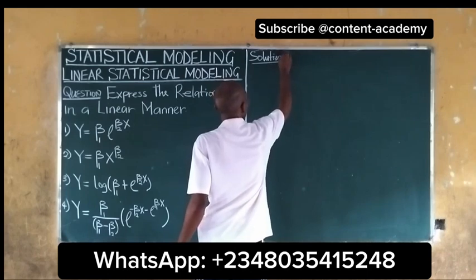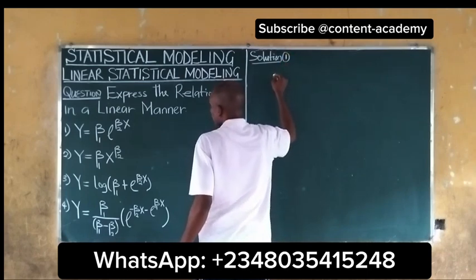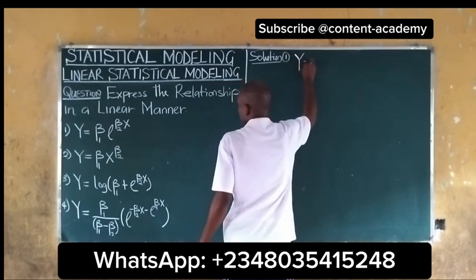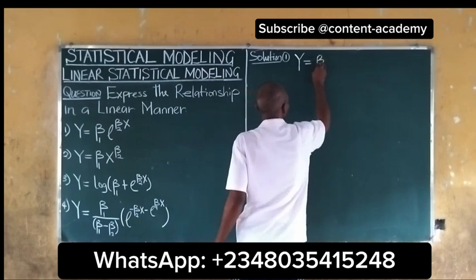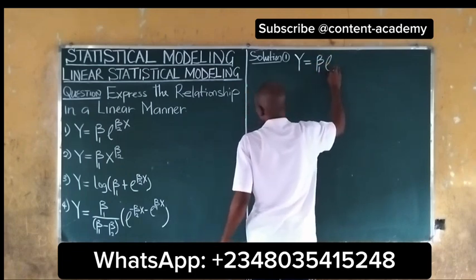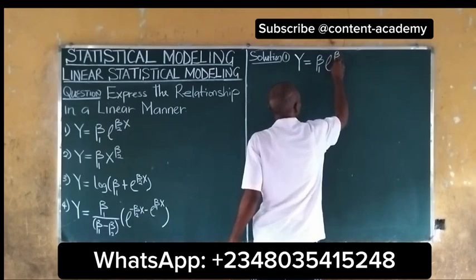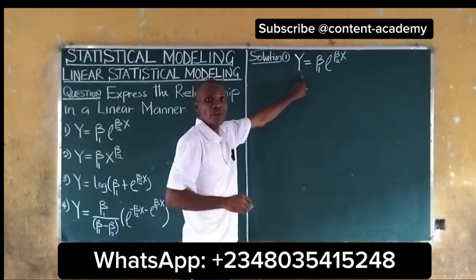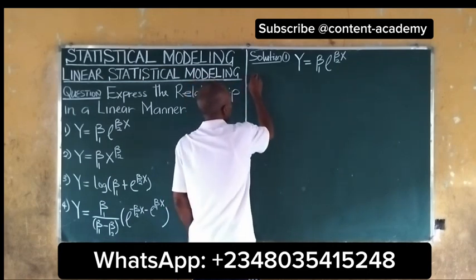Solution 1. We are given y equal to b1 exponential b2x. So the next thing to do is to employ the logarithm. So from logarithm,